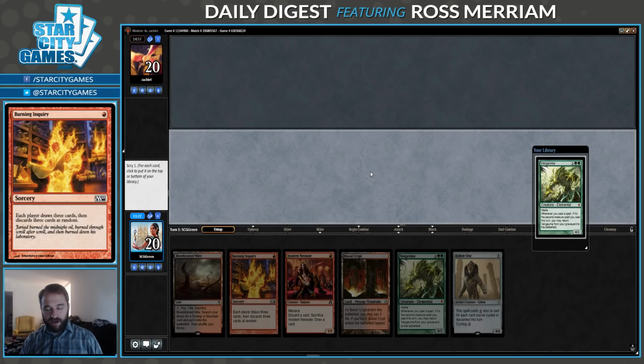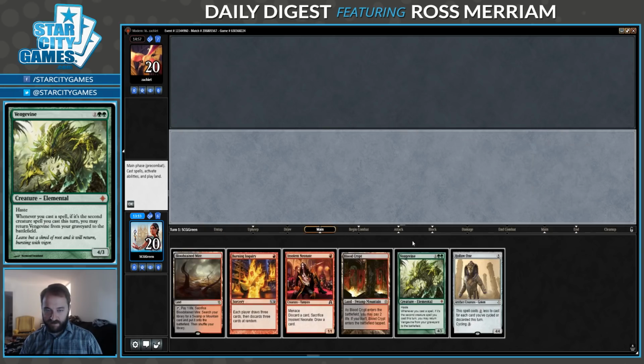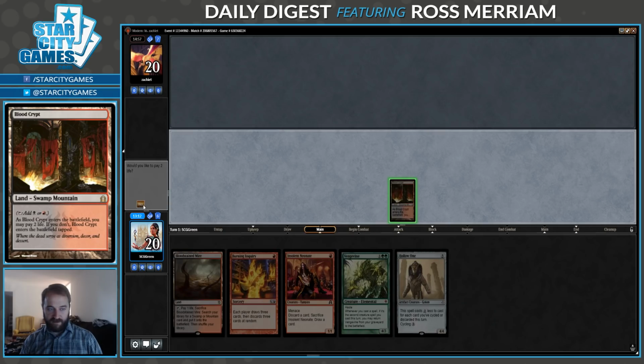Actually, I wonder if I'm supposed to go land, go, and then Neonate into Inquiry, and if I keep the Hollow One, I can return all the Vengevines. I'm going to go for the highest upside play, and that's topping this, starting on land, go. This gives me...